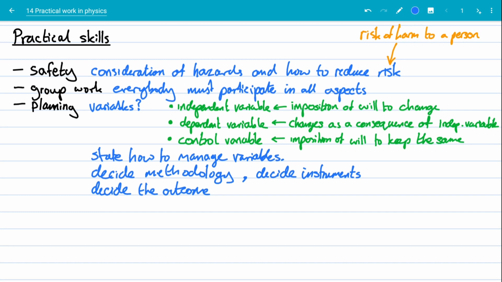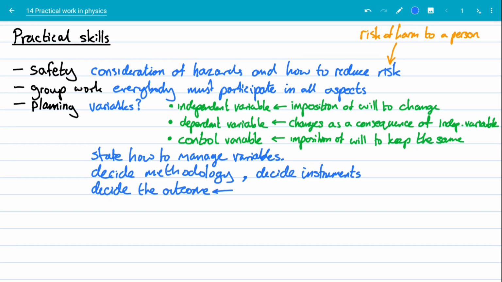Because that's what you're going to be judging yourself against, the outcome. What were you expecting to get? And how do you know, when you got a value, was it what you expected? And how do you know that it's not what you expected? So how do you measure